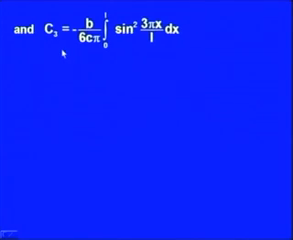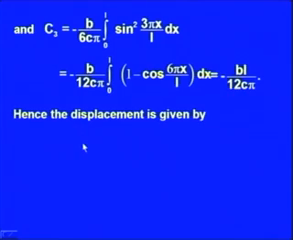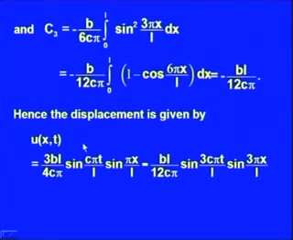Similarly, we may compute the value of C3, which is given by minus b over 6 c pi integral 0 to L sin square 3 pi x over L dx. It is equal to minus b over 12 c pi integral 0 to L 1 minus cos 6 pi x over L dx. When you evaluate the value of this integral and simplify, the value of C3 comes out to be minus bl over 12 c pi, and hence the displacement function u x t is given by 3 bl over 4